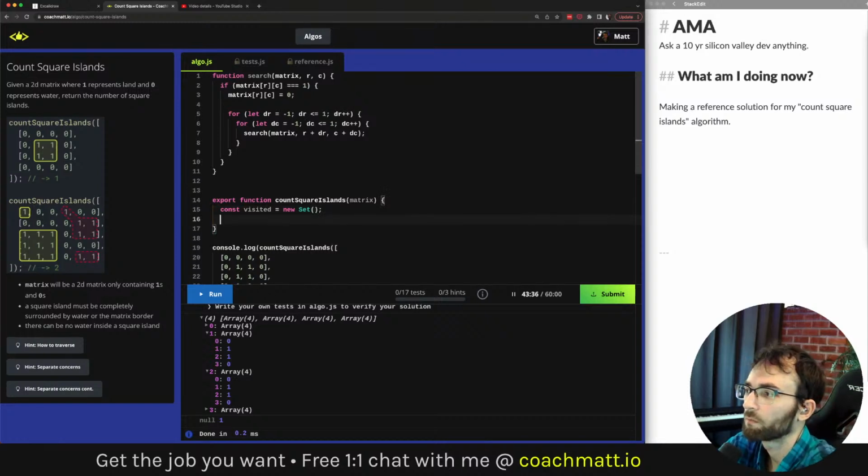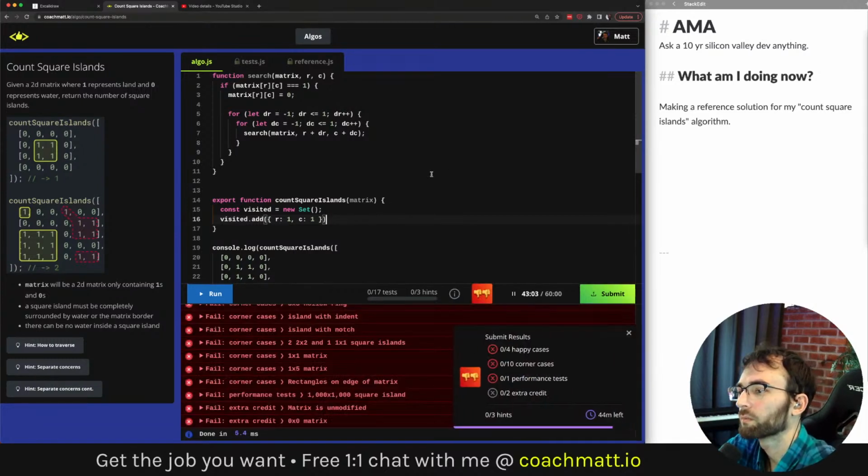So if you're using a set, really all the patterns and the specifics of the problem derive naturally from the problem itself. Now if we have this visited set, you have to be aware that if I do something like visited.add with some kind of coordinate, row of 1 and column of 1,